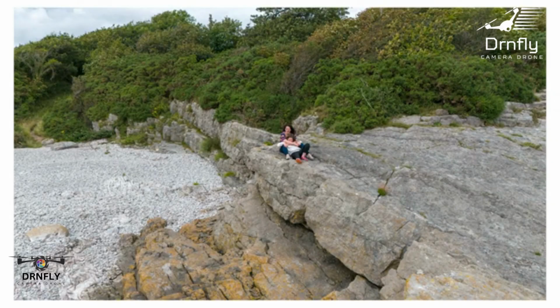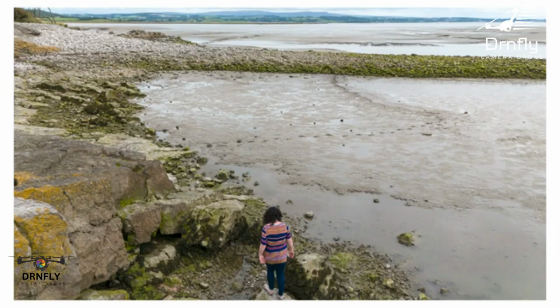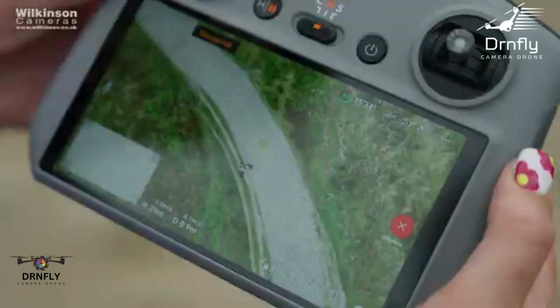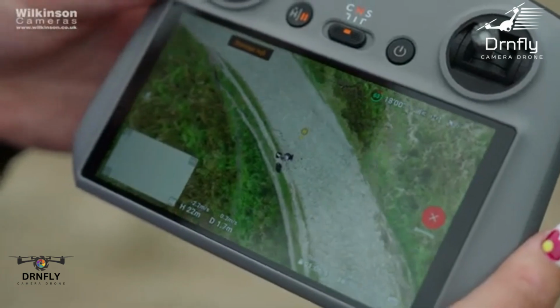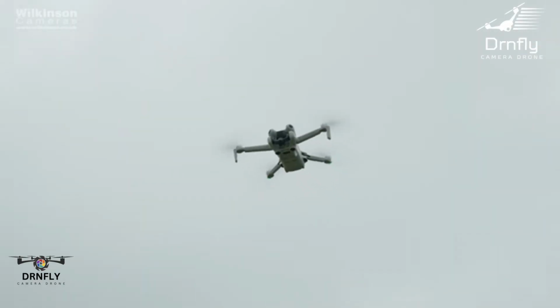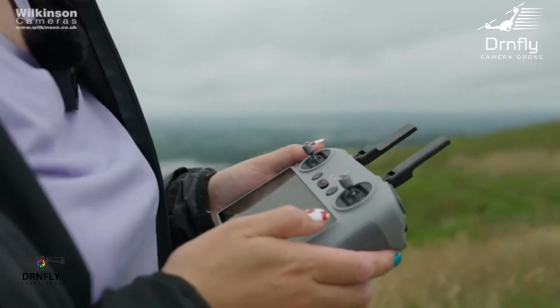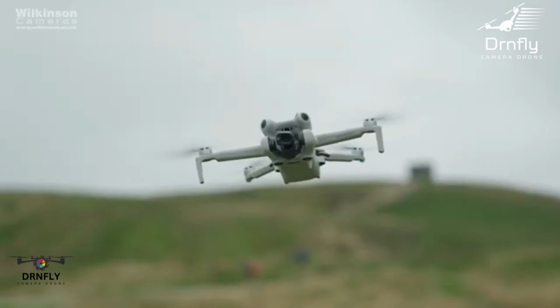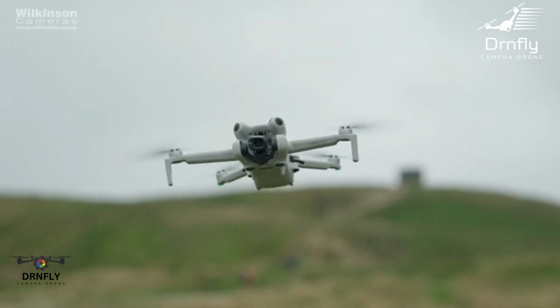There are less expensive options like the Mini 3 if you want a less expensive way to dip your toe into drone photography, but you do lack some of the advanced obstacle avoidance and the Active Track 360, which is a really key feature to consider. If you want even more from a drone and have a bigger budget and more room in your camera bag, then look at the Mavic series starting with the Mavic 3, which we'll cover in another video in a bit more depth. If you think this tiny and frankly brilliant